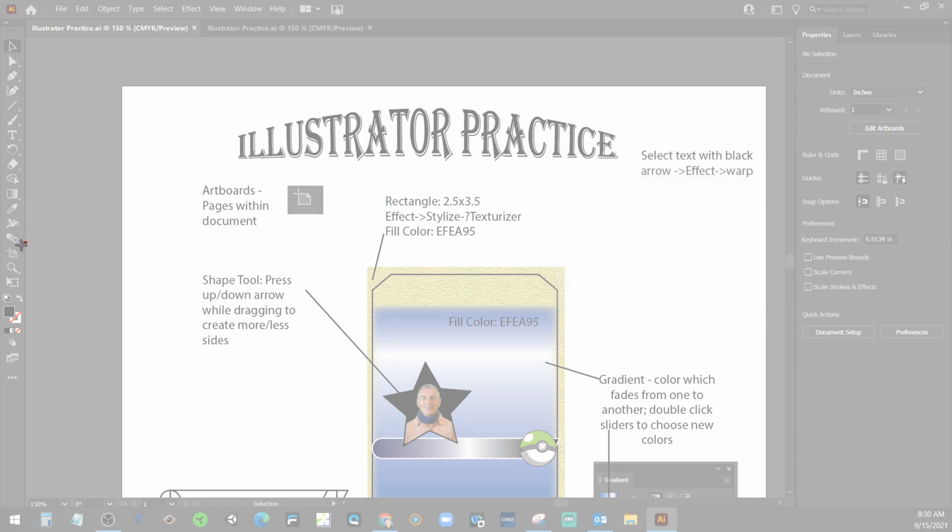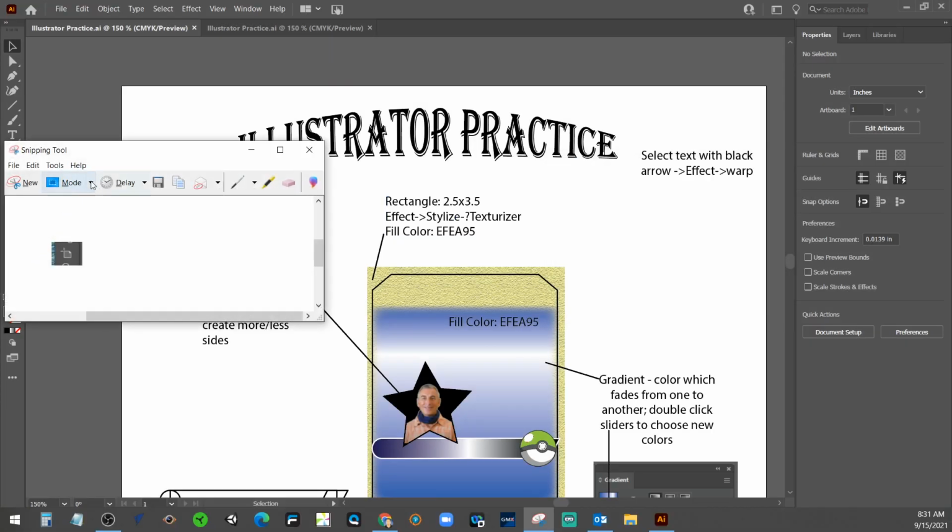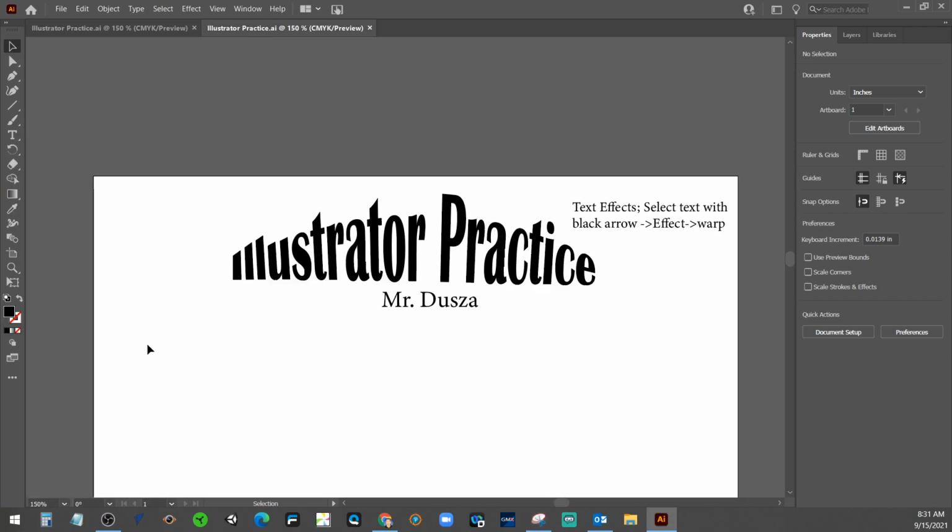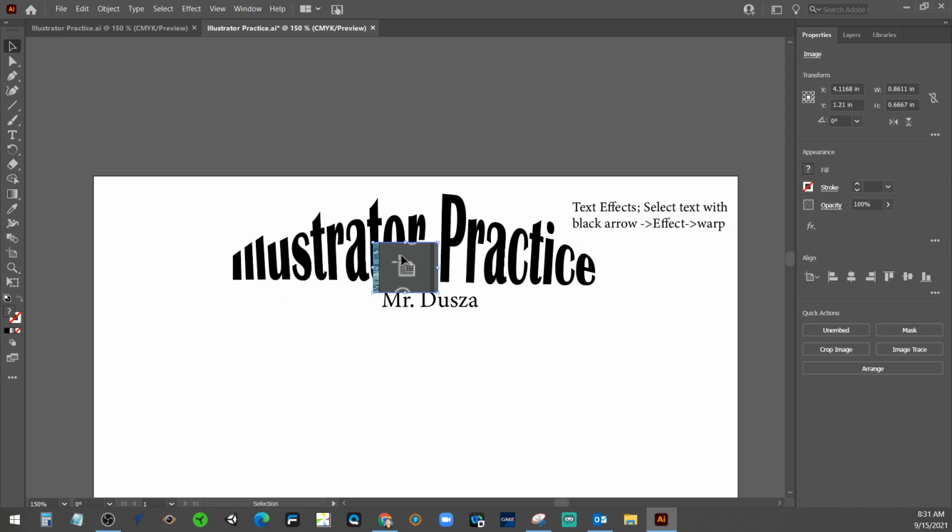So in this case, it would be the artboard tool. And you see I'm highlighting it there. Then I'm going to say copy, and then I can come back into here and paste. So now we have a graphic image, basically a representation of what that artboard tool is,